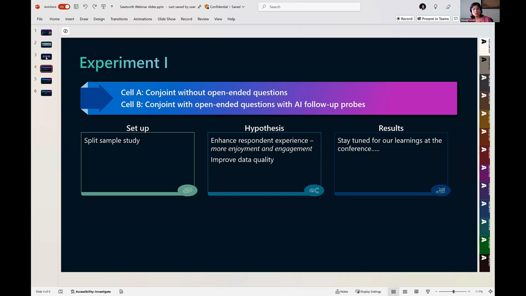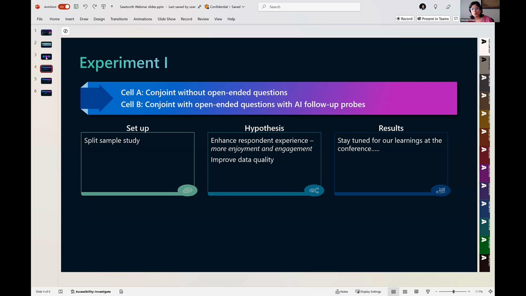And for that, we have come up with these 3 experiments that we'll be digging a little deeper into for the conference. The first initial experiment was really a standard conjoint experiment, and comparing that with a conjoint survey, which had open-ended questions with AI follow-up.